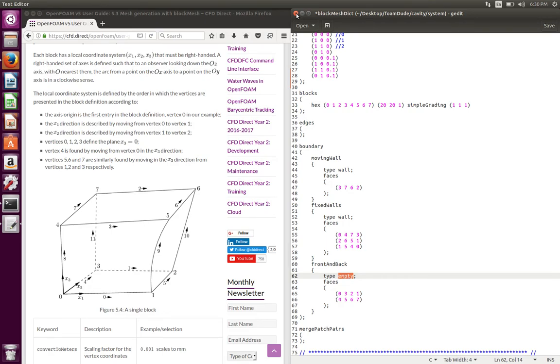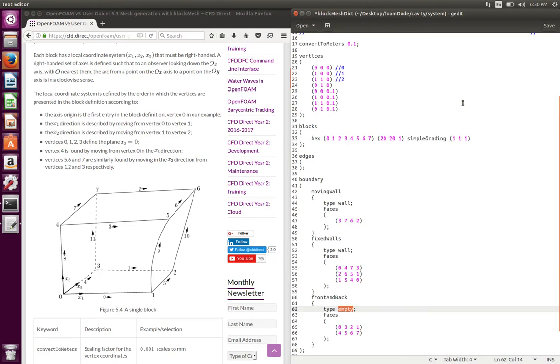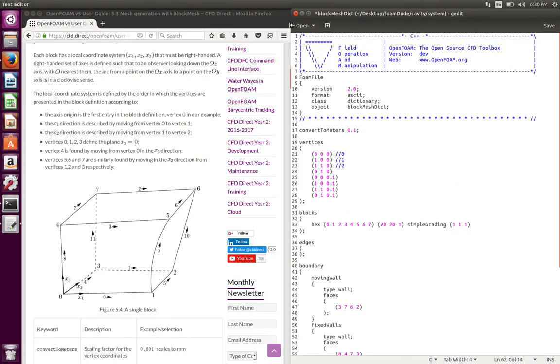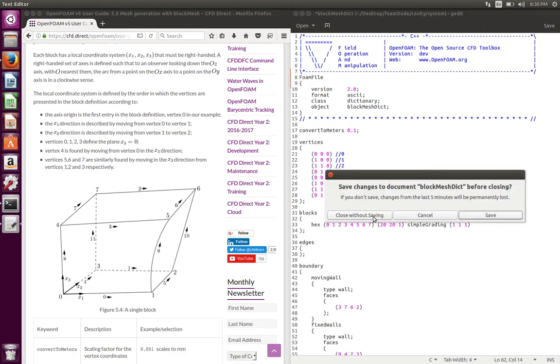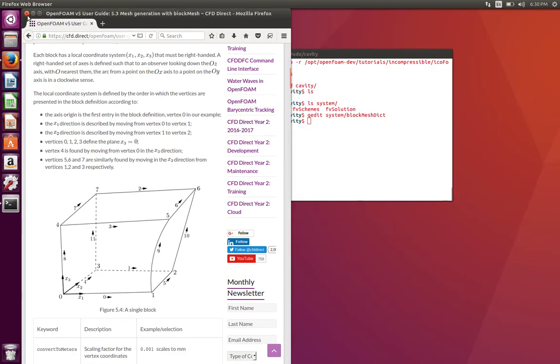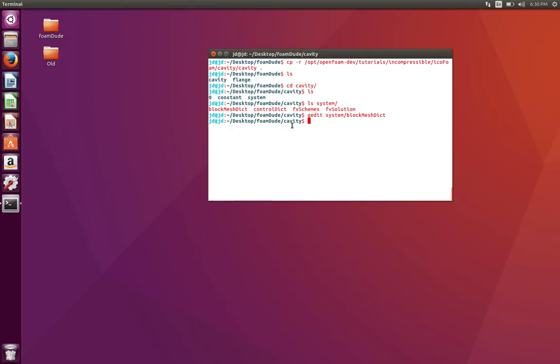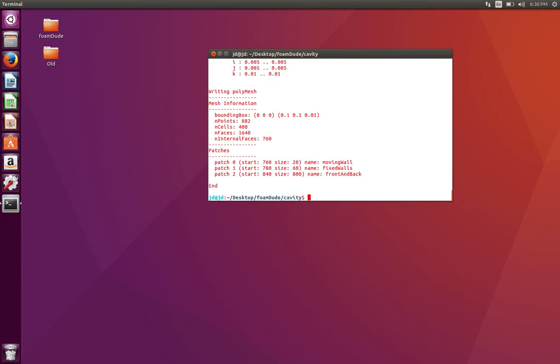So assuming you have already edited this blockMeshDict file based on the dimensions that you want to model, you can save it and close your blockMeshDict. Remember, blockMeshDict will always sit under the system directory. Earlier, it used to sit in the constant directory, but now with the newer versions of OpenFOAM, it sits under the system directory. So you can generate your mesh by typing in blockMesh on the command line,